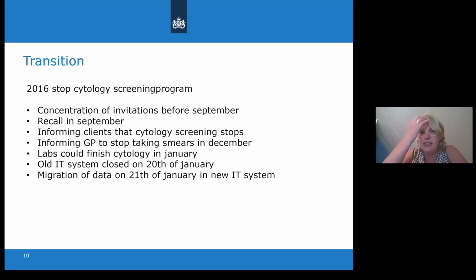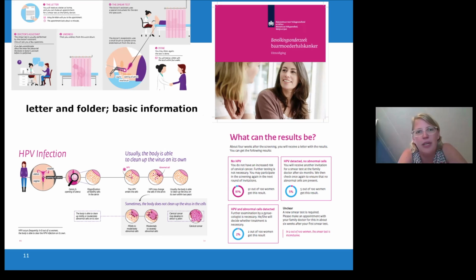The communication, I think, is quite complex when you want to switch to HPV screening, because it has a lot to do with STDs and all. Well, it's a little bit of a taboo, I think, even in the Netherlands. And we are quite clear in our communication. I think it took a lot of time to make this with pre-tests in the women, but one of the complicating factors, I think, was that we have a little bit of a different